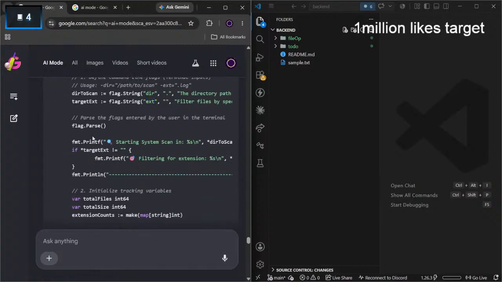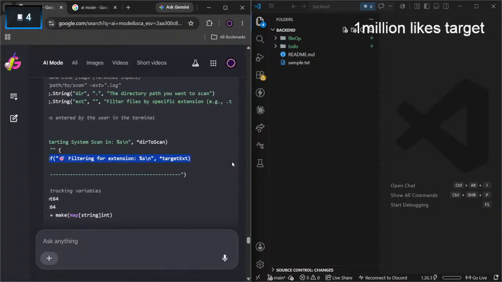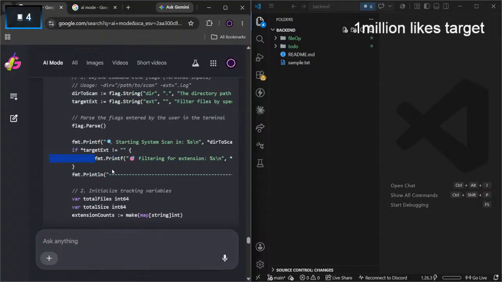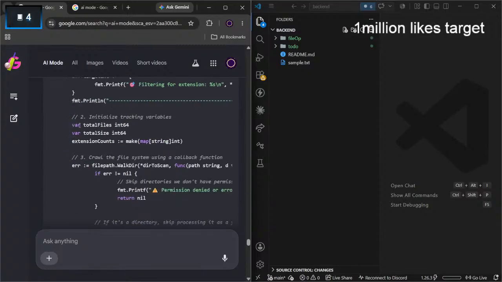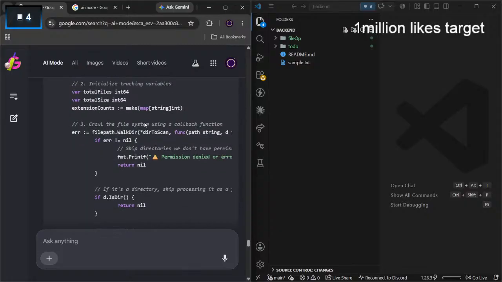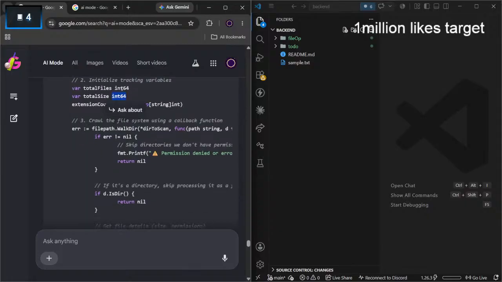This looks like flag.Path, I don't know. Pointer of this thing, if it exists, then we get all the target things. The total files are going to be int64. This is a variable type. Total files and total size is going to be this. Extension count.